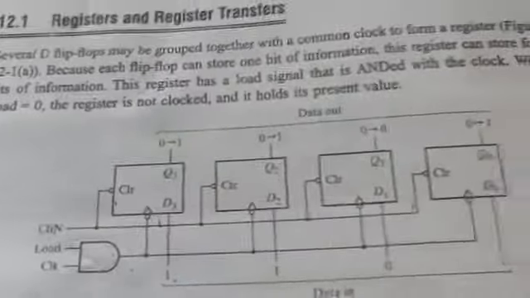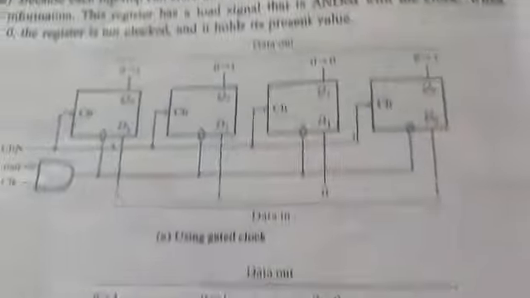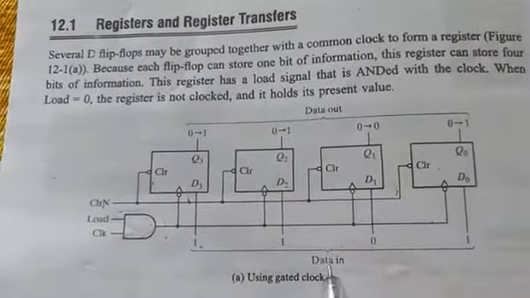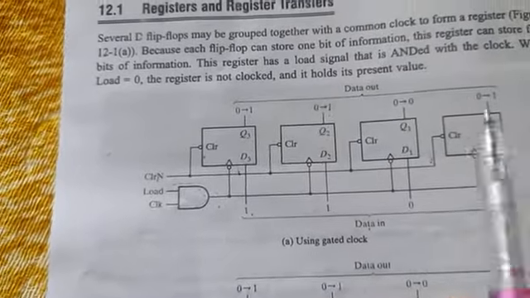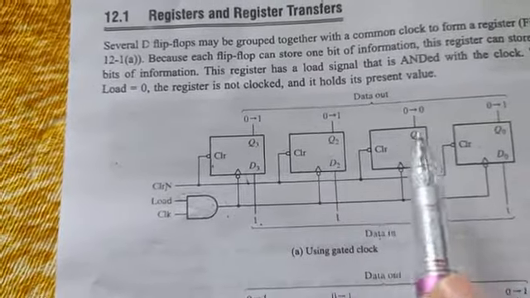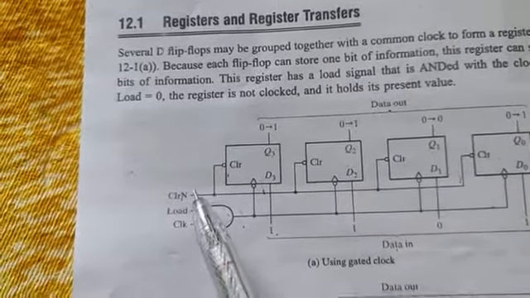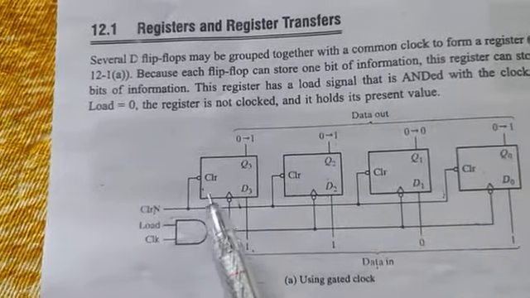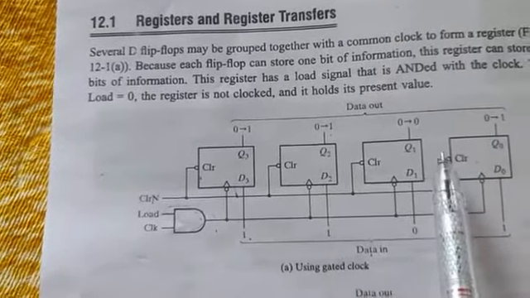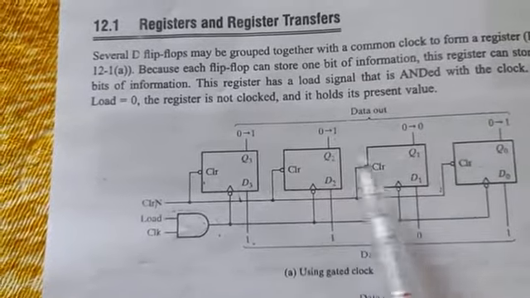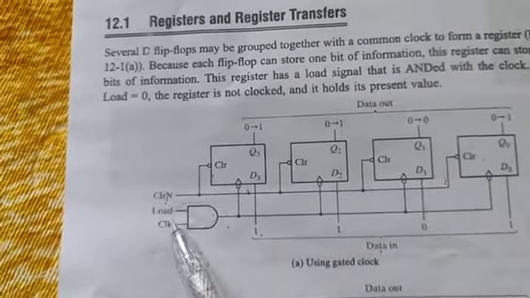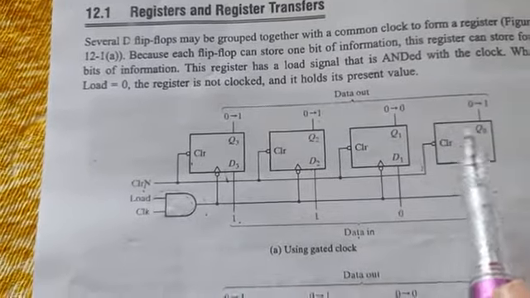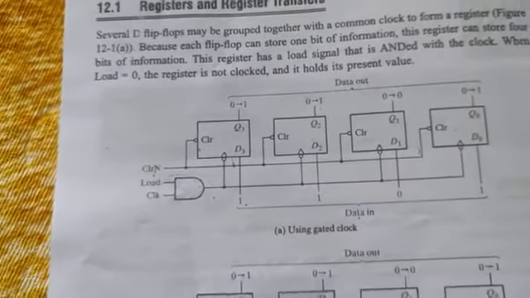Okay, so then coming here, look at here, data input, data output. All the flip-flops are going to work at the same time because all the flip-flops are connected by a clock pulse and all the flip-flops are connected by a clear. If you press clear, all of them will be cleared and all the flip-flops will be set to 0. If you give the clock pulse, all the flip-flops will perform their operations in parallel.